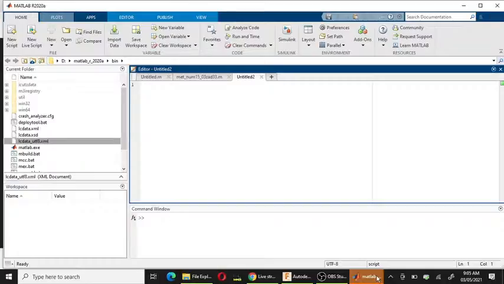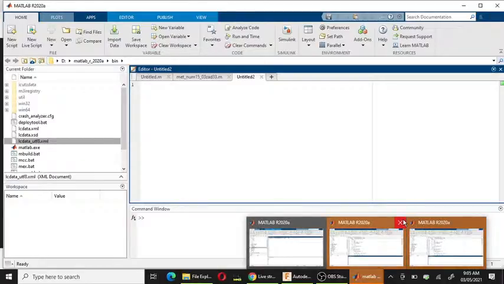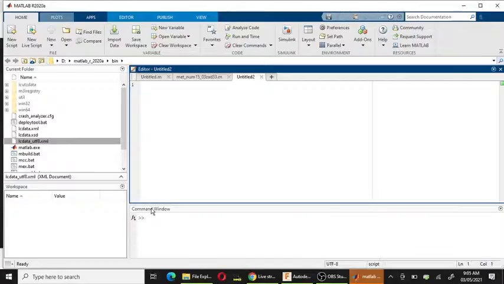As MATLAB is too big, my PC's performance is too slow because of many reasons, and we have one person watching us.